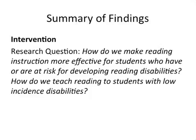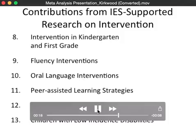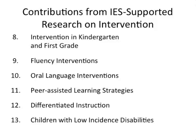The next research question that they asked was, how do we make reading instruction more effective for students who have or are at risk for developing reading disabilities? How do we teach reading to students with low incidence disabilities? So contribution number 8 was in the area of, from IES-supported research, implies that increasing the intensity of interventions in